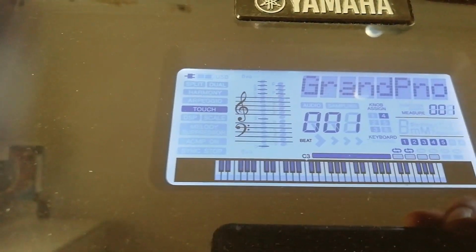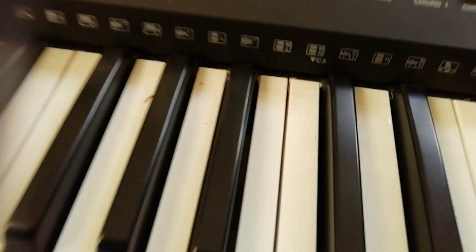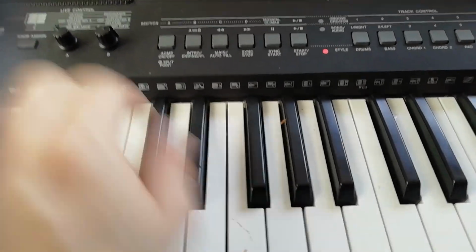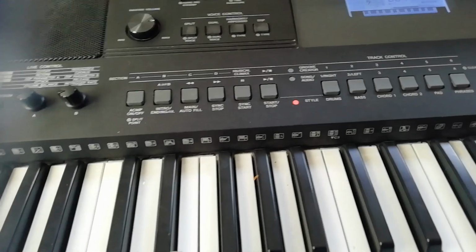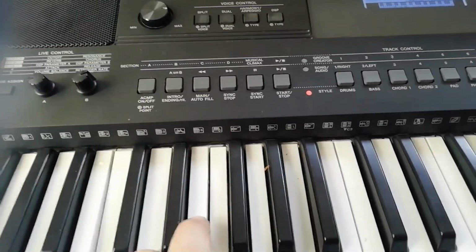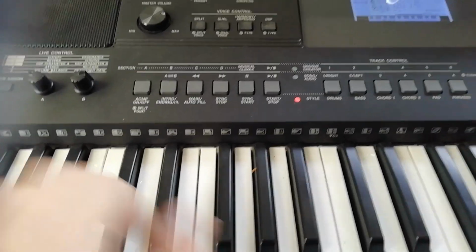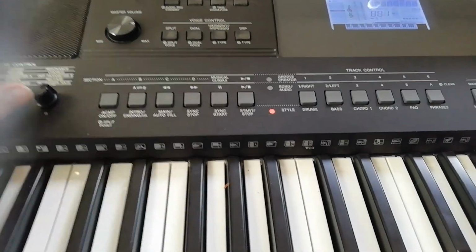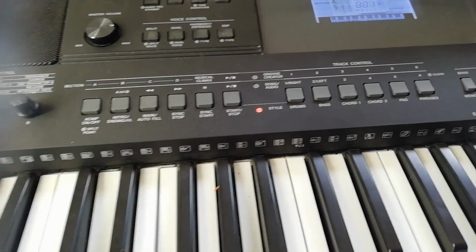I pressed the knob assign button, for instance, to come to position number 1, and then those knobs are now assigning cut off and resonance, that you can apply to the sound. And of course you can switch to live control number 2, which is the reverb and chorus.